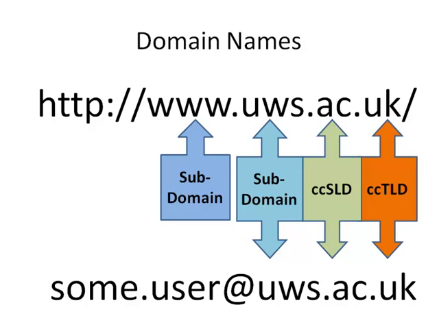And www.uws.ac.uk is a subdomain of the UWS domain. So there are two different domain names there, and in the web page URL, the domain name is www.uws.ac.uk. And in the email address, the domain name is uws.ac.uk. Subdomains can be very flexible, so for example, the university could set up a website specific for students, for example, that could be